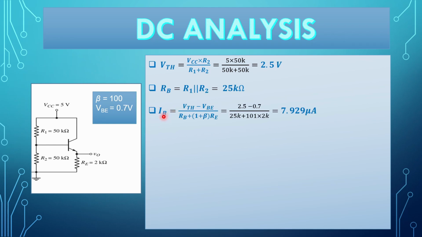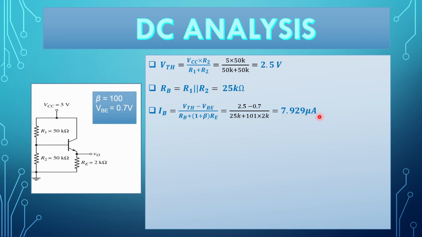Now IB. So IB is given as (VTH minus VBE) by (RB plus (1 plus beta) RE). So VTH value is given as 2.5 volts. VBE value, as we know, is 0.7 volts. RB value is 25 kilo ohms. 1 plus beta gives you a value of 101 and RE gives you a value of 2 kilo ohms. Hence, we get the IB value as